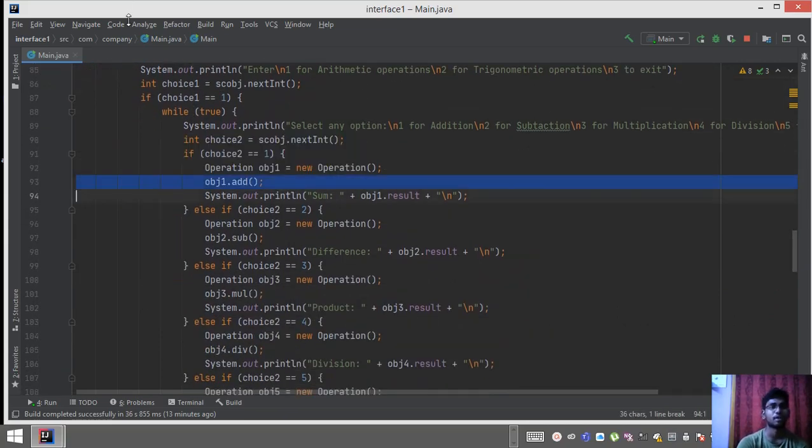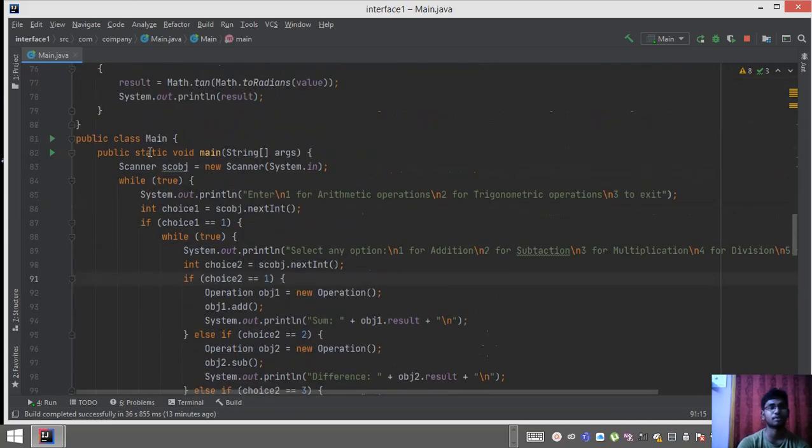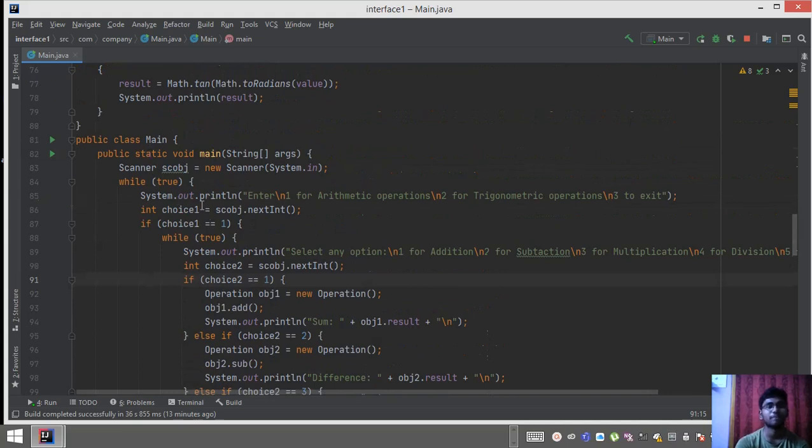After coding, we'll start the menu driven operation code. I'm using my public class main with my main method, public static void main, taking input from the scanner class, where I'm using an infinite while loop with while true. I'm printing the options: if I press 1, it will go